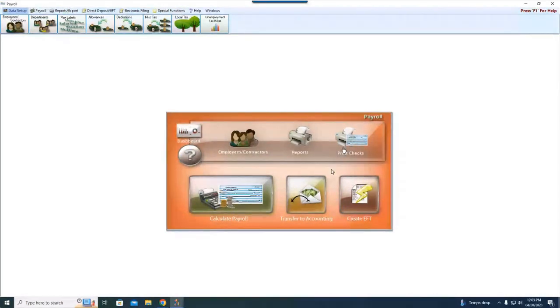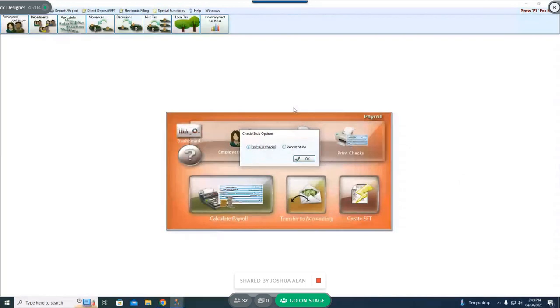So what I'm talking about is when we go right here to the right where it says print checks, you're given two options. First run checks: if you have payroll that's been posted but the checks have not been printed, you can choose first run checks, or you can access the check designer through the reprint stubs as well. Okay, so even if you have one payroll run where check numbers have been assigned or printed,